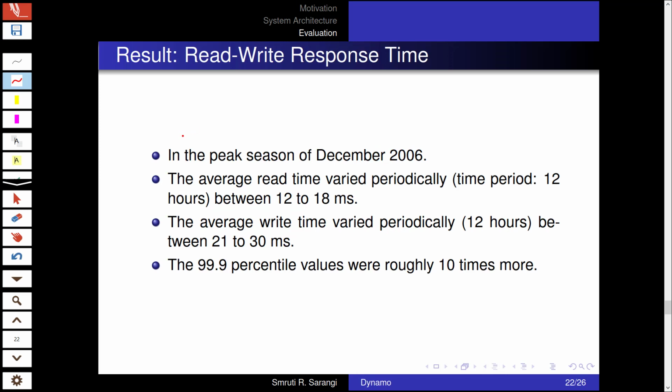Let us now look at the response time for reads and writes. In the peak season of December 2006, the average read time had a diurnal variation, with a period of roughly 12 hours. In this 12-hour period, the read time varied from 12 to 18 milliseconds.